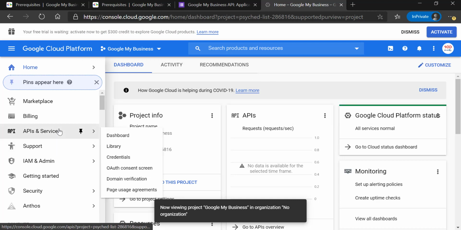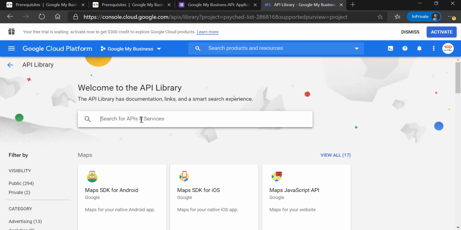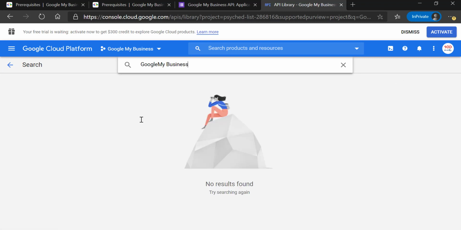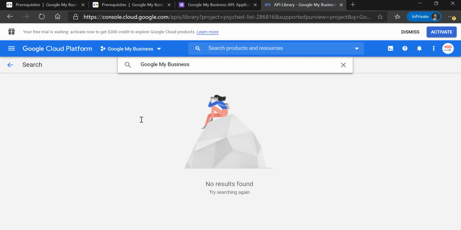Now let's go to the APIs and services. In this, you will go to the library section and let's search for Google My Business. If you search for the Google My Business API here, you won't be able to see any API option pertaining to Google My Business available here because your project has not been approved by the Google My Business team.